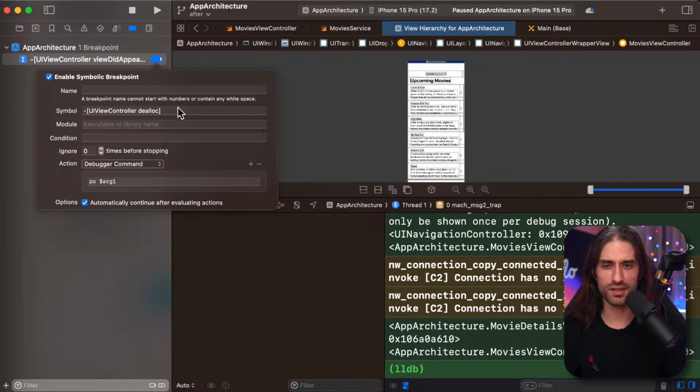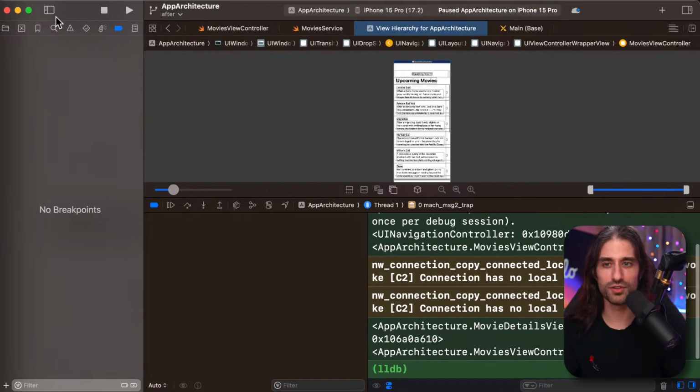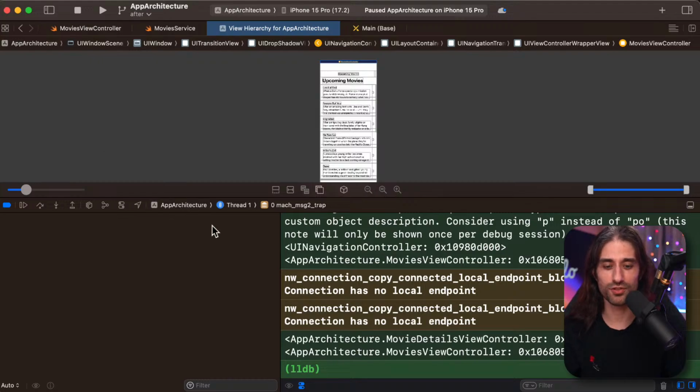I made a video about it, I think it's called the ultimate tip to catch memory leaks, almost 2 years ago now. And actually, I think it's still one of the most popular videos on the channel. If you don't know it, you might want to check it, because the tip is interesting, and the approach of using symbolic breakpoints to build this kind of custom debugging tools is also interesting because you can apply it to other instances.